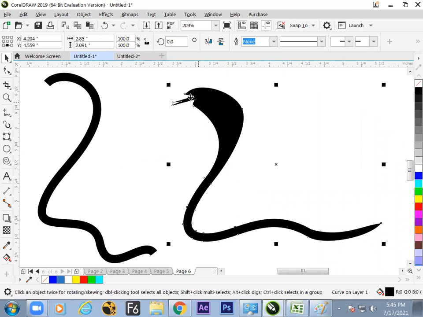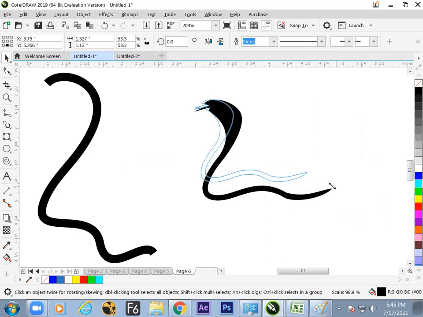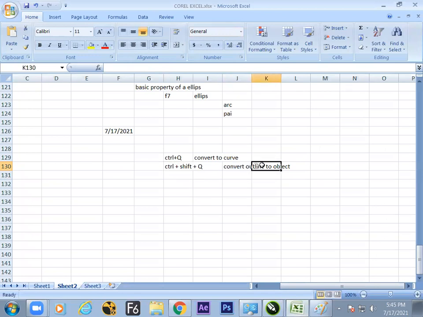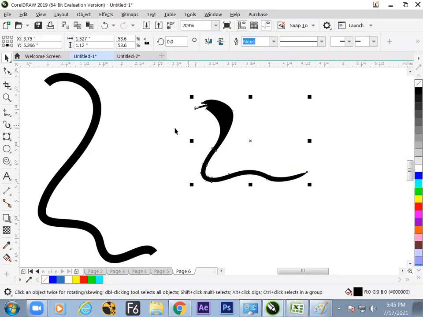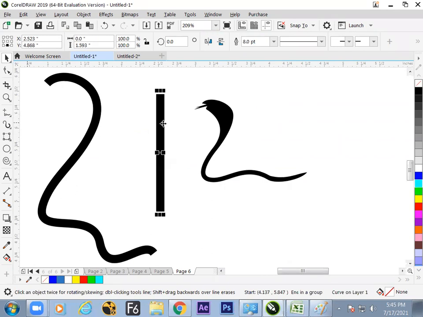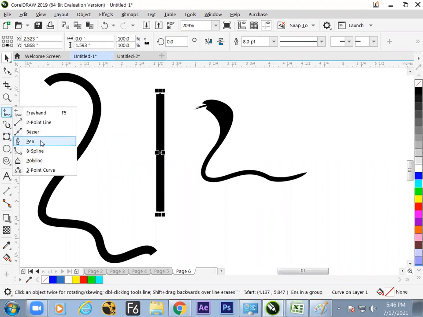So how to convert these shapes? Because this is a designing software and we need to imagine. So one of the options is called Convert Outline to Object. Convert Outline to Object. So let us take more cases here. Let us take a straight line. Now we need to have the points around it. We can convert it to an object, we can create it with a box also. Just to show you, if it is a bend, then what? So let us take a case of the bend.